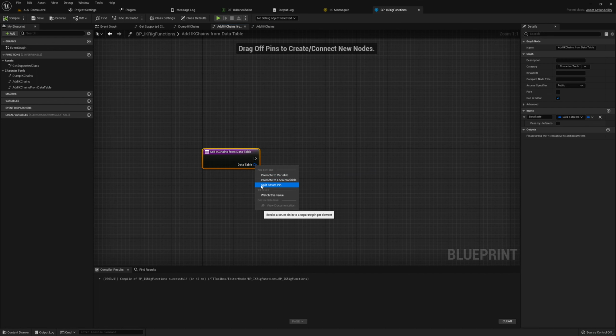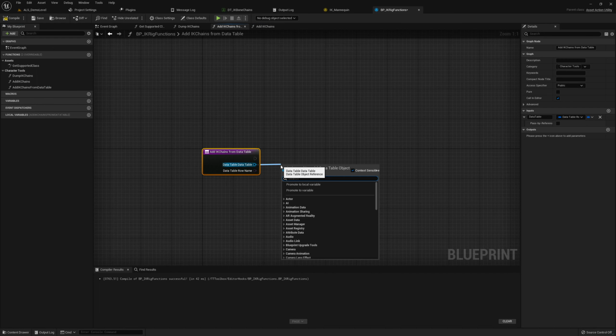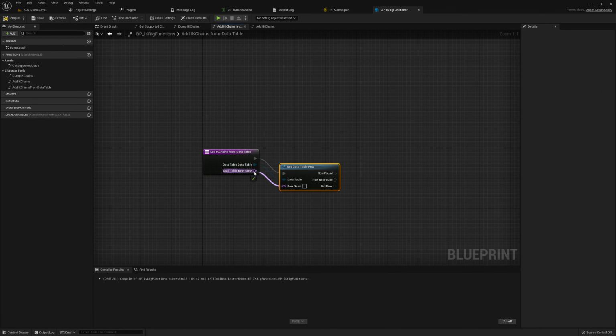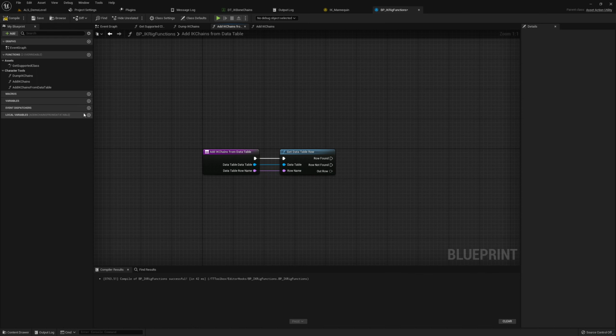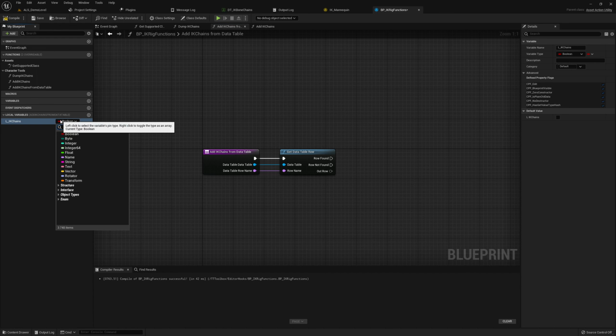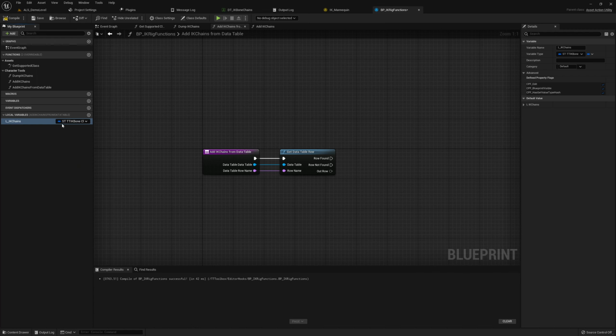So click on split struct pin and say get row, and also connect the row name, and we need to introduce a local variable, say IK chains, and here we use our IK chain, yes, this one,